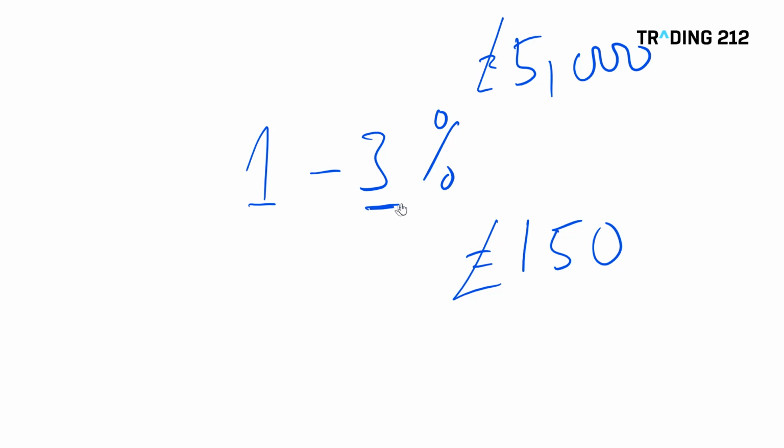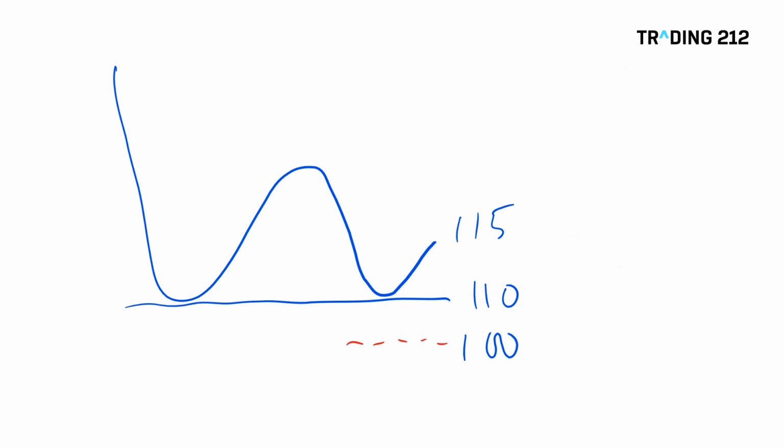So when I'm doing a trade, I decide whether I'm going to buy, whether I'm going to sell. Then I look at where my stop loss is. So I work all that out, and maybe I'm using the chart or some other method. But then I trade in a size that means I'm only going to lose £150 in this example if the trade goes wrong. So let's again walk through a theoretical example here.